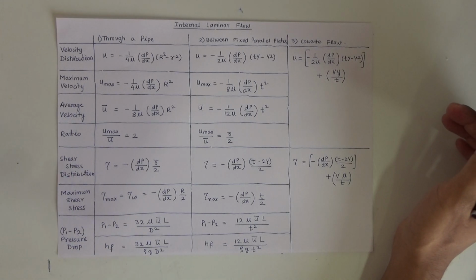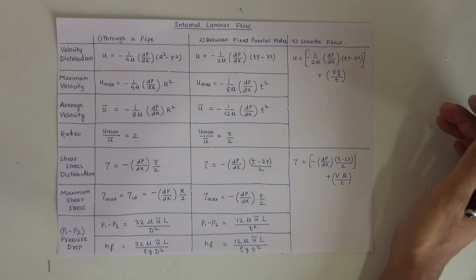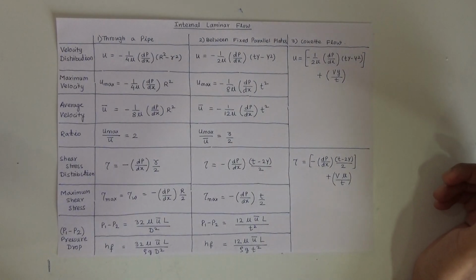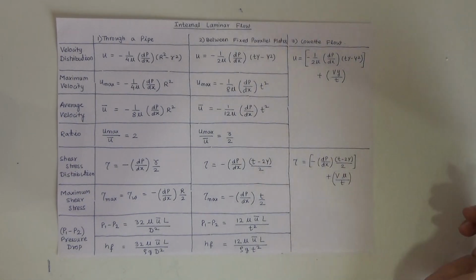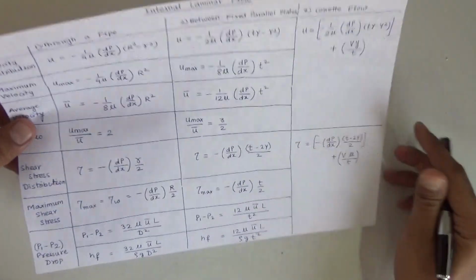In that case there is a possibility of confusion between the formulations. So it is expected that you should prepare a sheet like this, as I have shown on the screen. You can just pause it and copy that so that you can prepare them well. Based on this formulation we are going to see the numericals today. Today we'll see numericals on the flow through the pipe, and in the subsequent lectures we'll go for the parallel plates. Okay, so let us go for the first numerical.